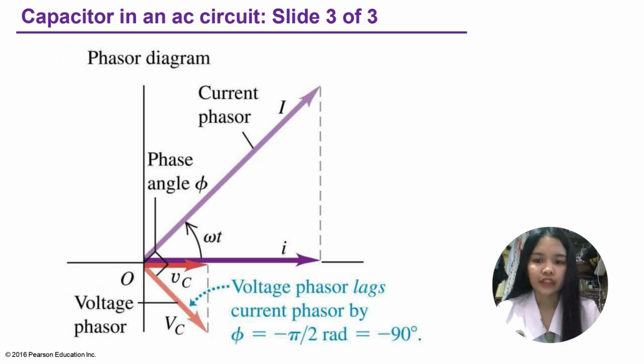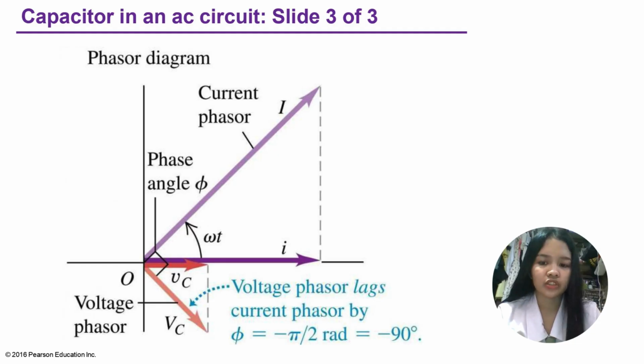The phasor diagram provides a complementary visual representation of the voltage and current relationships. In a capacitive AC circuit, the voltage phasor lags the current phasor by 90 degrees, or pi over 2 radians. As before, both phasors rotate counterclockwise with the angular frequency of the AC source. So this 90-degree phase lag is a defining characteristic of capacitors in AC circuits, arising from the capacitor's inherent opposition